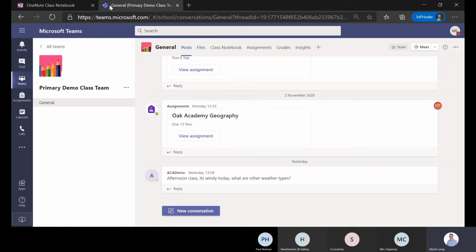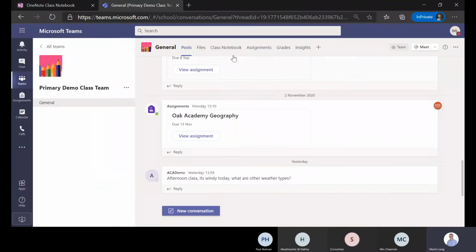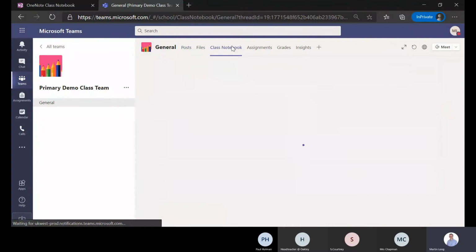and they will have a slightly different layout, and some of them will have the odd feature which isn't available in the other. But the best version to use is the online version in the web browser as a tab. So either there is a single individual entity, or within Teams, which is what I'm going to focus on during this session this afternoon, you click on Class Notebook, and Class Notebook is really designed for that day-to-day teaching and